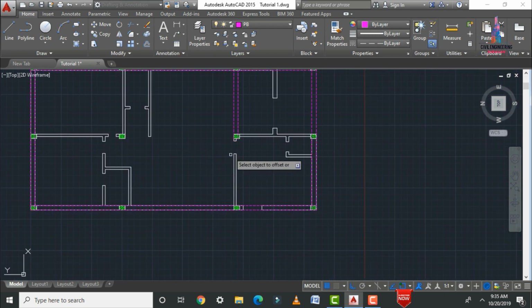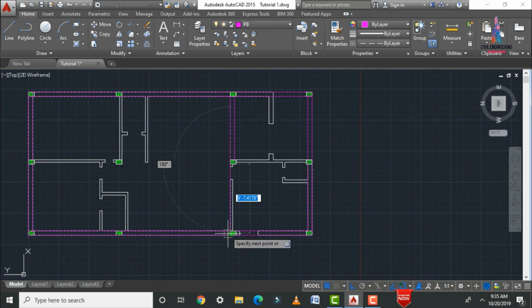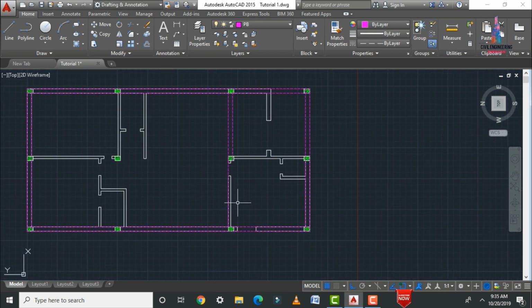Again in the same process we need to apply the lines. L enter option, select the starting point, just I am selecting the ending point here, click on offset option 9 inches. Let us take this respective distance is 9 inches like this. So after that we have to apply the remaining beam sections for the building.